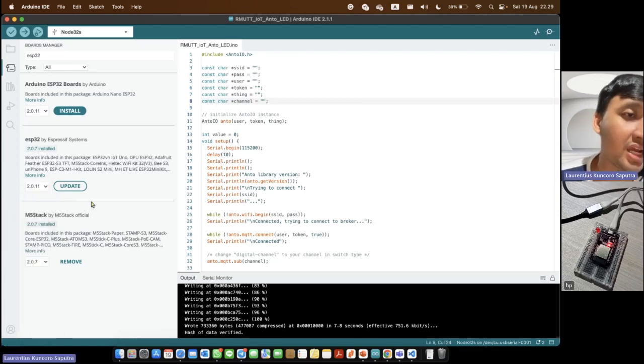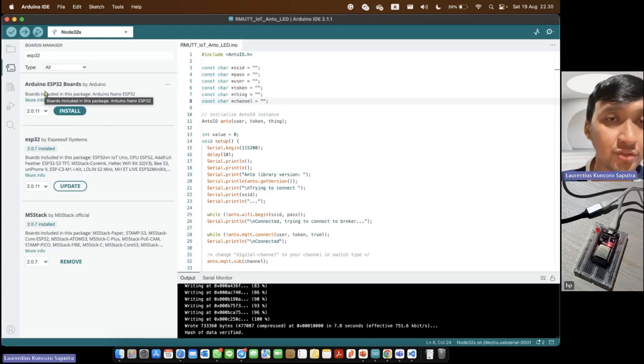Why do I use version 2.0.7? Because when I use the newest version, there is an error. If we use the newest version, it's not compatible with the Anto version. Maybe it depends on the version.